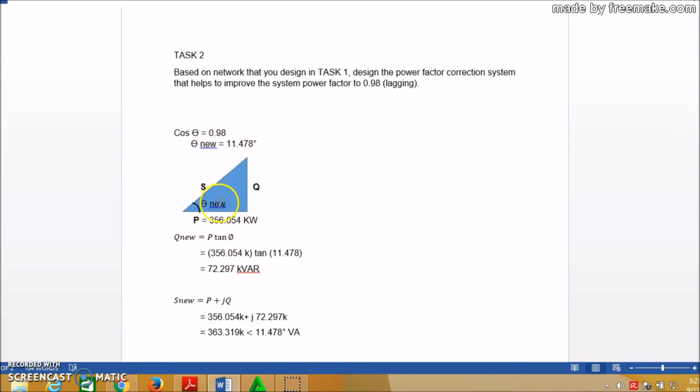So this is the value of theta new. This is the value of S, Q, and P. Next, we will calculate the value of Q new. The formula that we use to calculate Q new is Q new equal to P tan theta, but the value of theta we use is theta new, not the theta O. Theta new that we have calculated just now. Q new equal to P tan theta, so P is